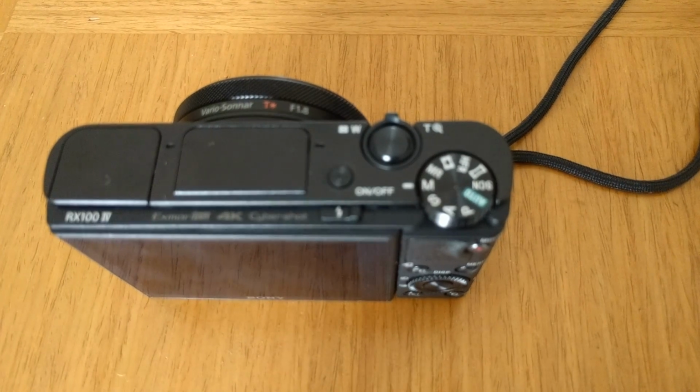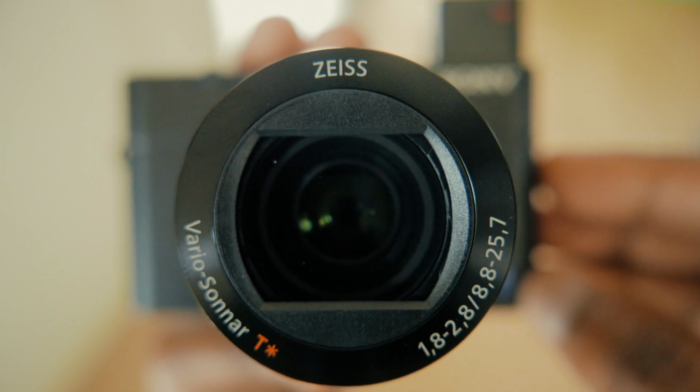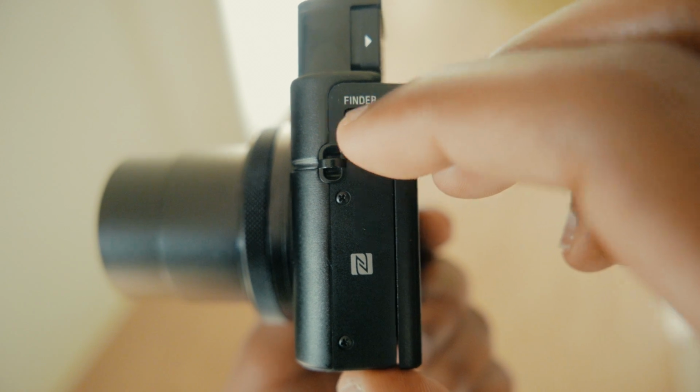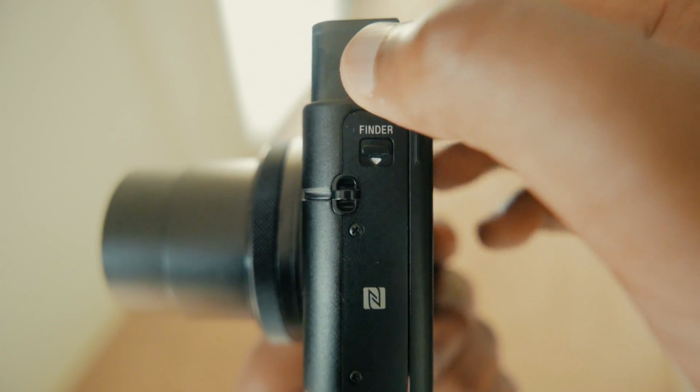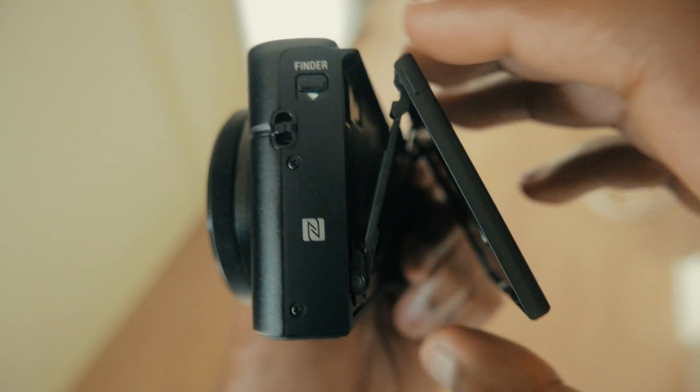The line of cameras has improved over the years, with each new model bringing notable advancements. However, I feel that the true pinnacle was reached with the Mark IV. The features list is incredible, ranging from 4K video recording to being able to record in Sony's S-Log2 color profile. The Mark V, in my opinion, didn't bring enough to the table to warrant its price tag over the older